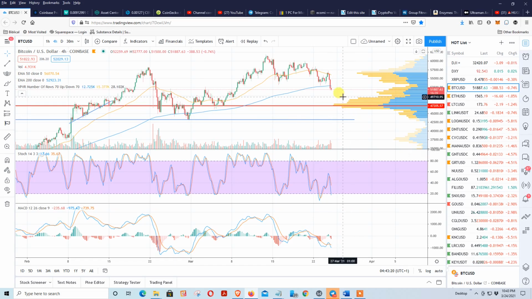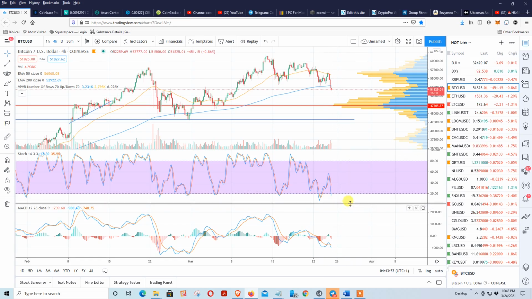Oh my goodness, we've got a stochastic that is just nasty. I cannot believe this stochastic is absolutely widened, opened. The percent K is the blue line, the percent D is the red line. When they are wide open like this, it means that we have a very aggressive momentum in the downward or upward direction. So these things are quite far apart, pointing straight down, and it looks like the fast line is already